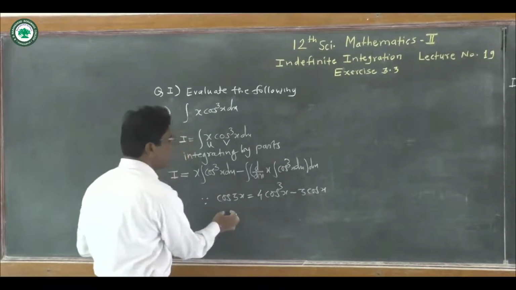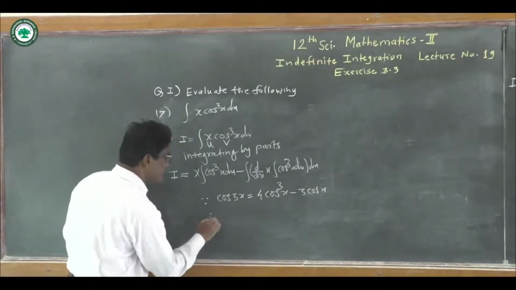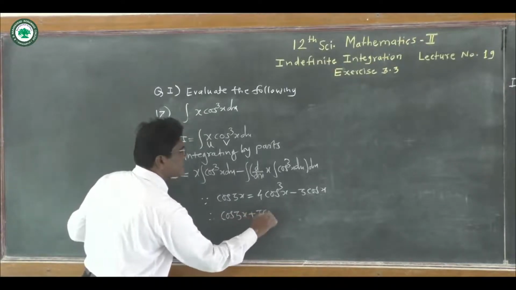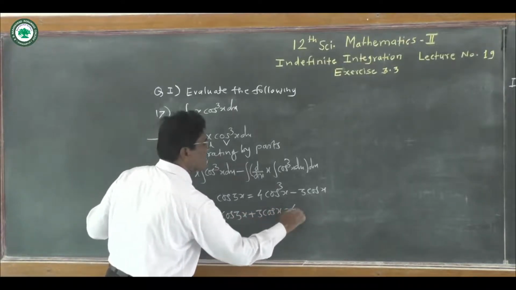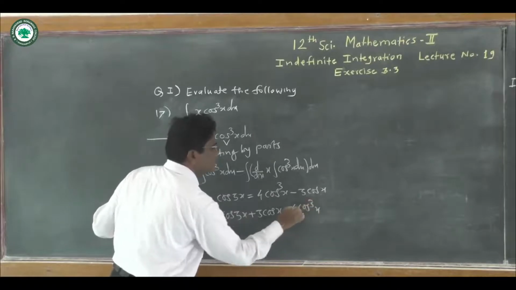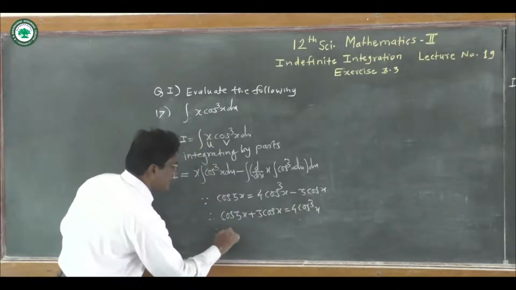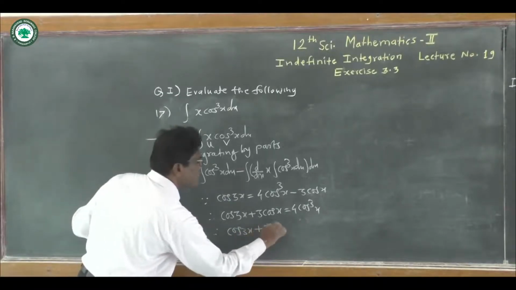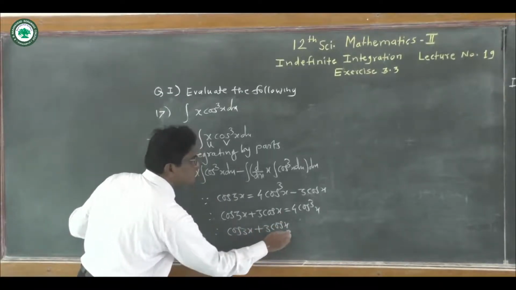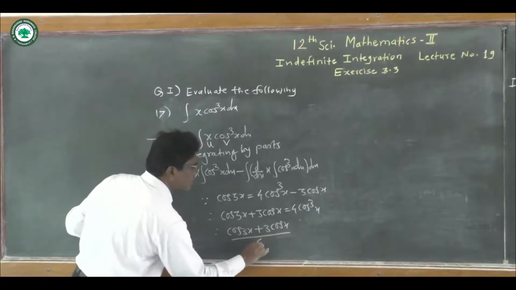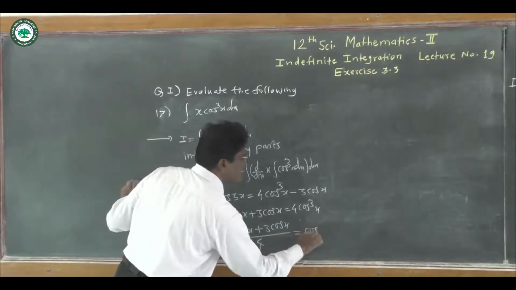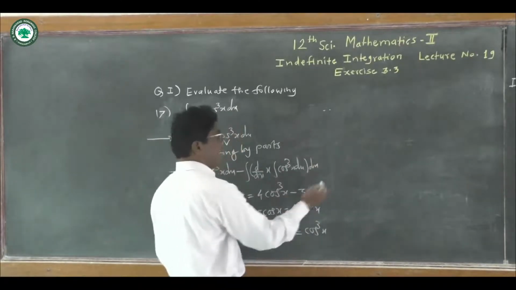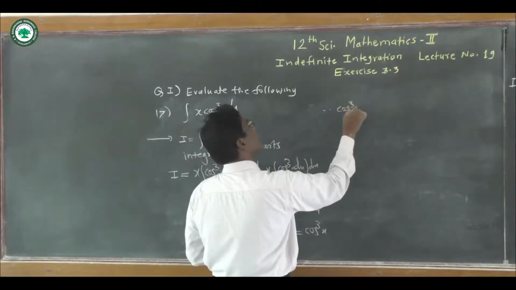We carry the minus 3 cos x to the left side, and therefore we get cos of 3x plus 3 cos x is equal to 4 cos cube x. Now carry this 4, and therefore we get cos of 3x plus 3 cos x upon 4 is equal to cos cube x. We change the side: cos cube x is equal to,